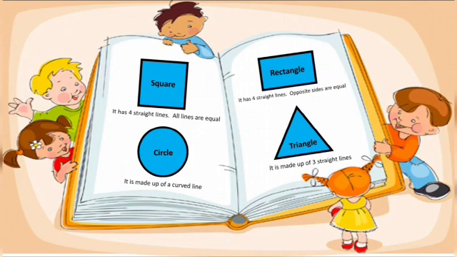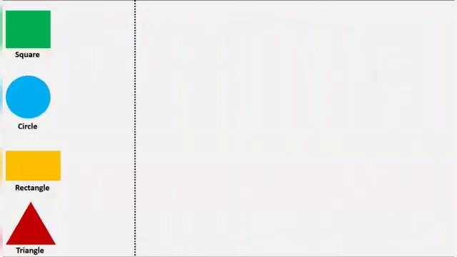Now, let us see some figures to understand this better. These are the four figures you can see: square, circle, rectangle and triangle. Children, now I am going to show you some figures, some things which you can see in your daily life, and then you can understand the shape better. So, for example, square, I am going to show this figure to you. It's a carom board. Can you see? All the four lines are equal.